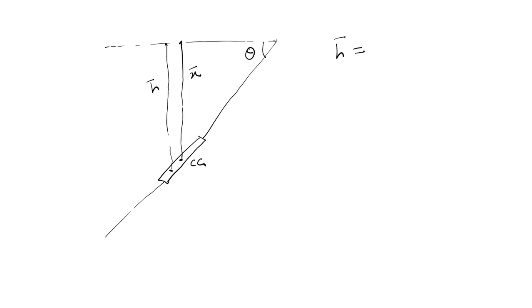This is a plate for me, and the angle from horizontal is theta. This is the CG of the plate. From the free surface it is x bar, and this is the center of pressure. That is, from the free surface it is h bar, and the h bar formula I have written is Igg sin square theta upon A x bar plus x bar.